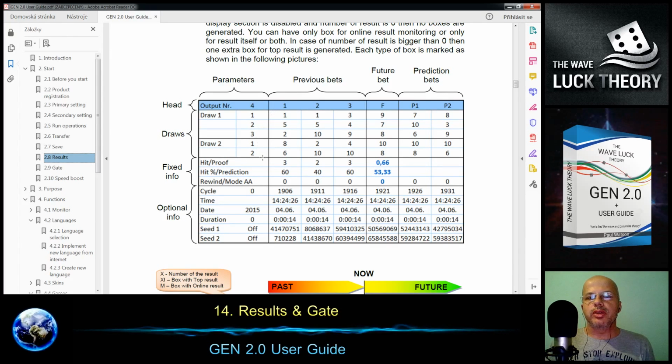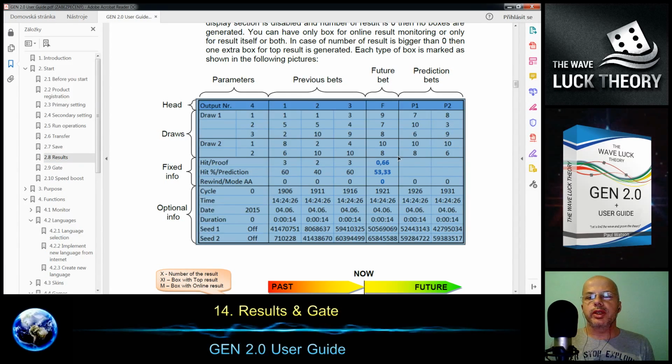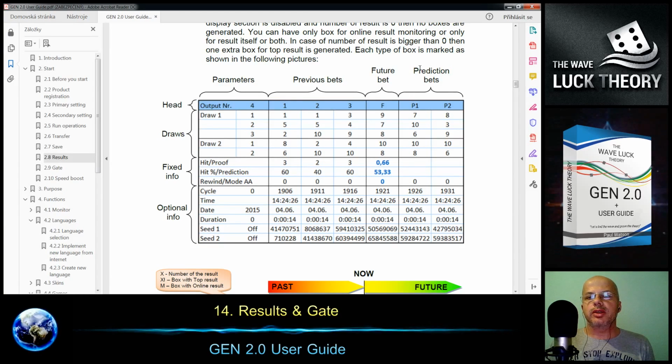Actually, the numbers are generated by the gene and compared with the input box and the previous drawing days, and there are the statistics: how many matches we have in percentage, what time, date, and so on. Then we have the future prediction. At first is the future bet, which is the most important column to use for the ticket, and then there are the other predictions I explained before that you can use for